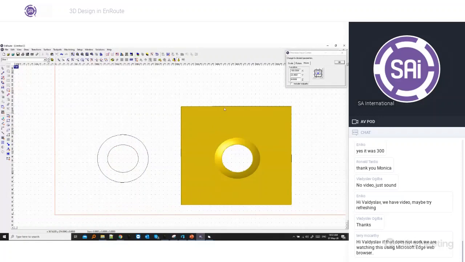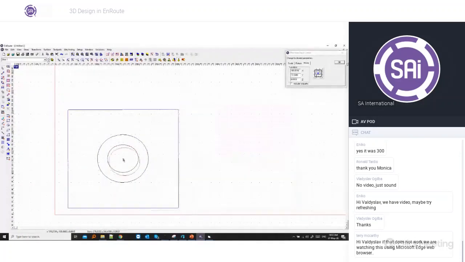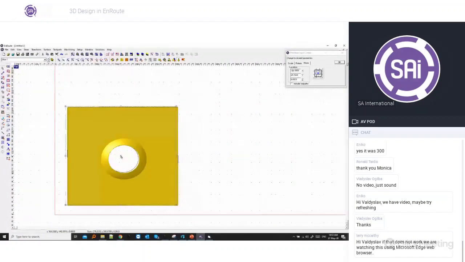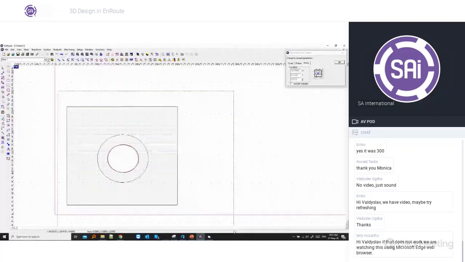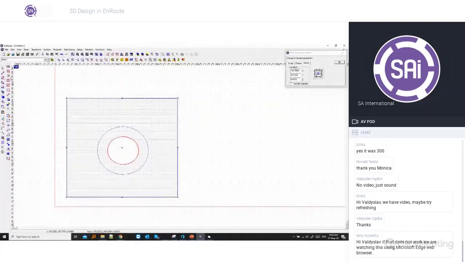And if I then align this on top again, let's just move a little bit like this, align it like that. And now if we select both of them and we would choose to toolpath it, of course, first